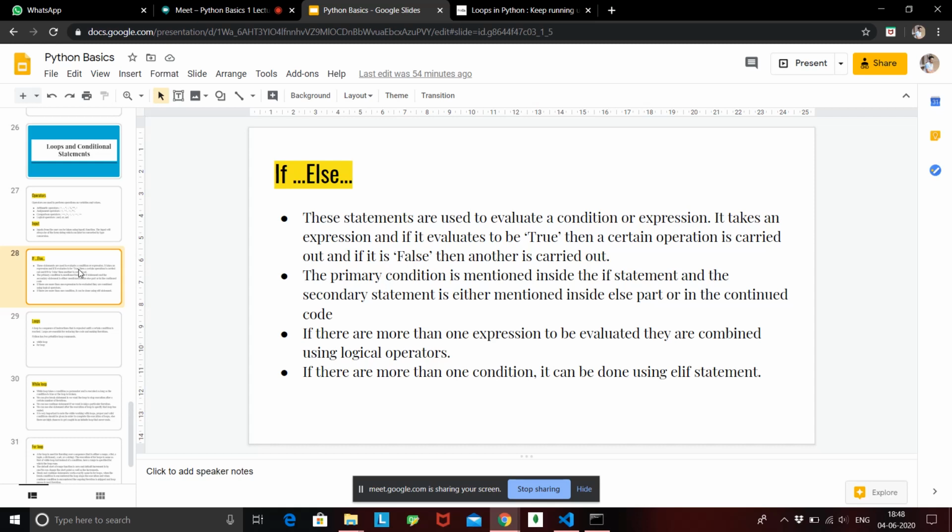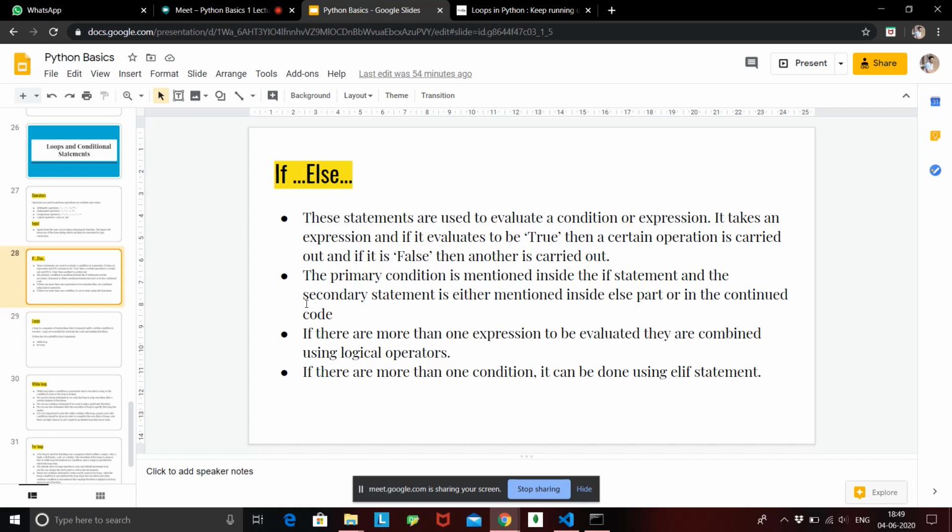What an if else statement does is evaluate the condition or expression that we pass inside it. It takes an expression, and if it evaluates to true, then a certain operation is carried out, and if it is false, then another operation is carried out.